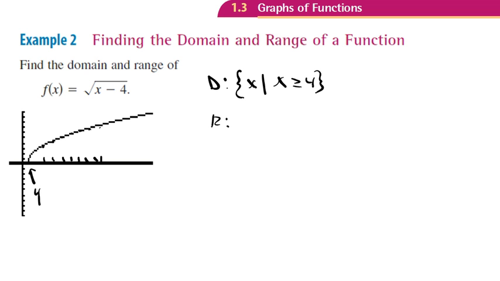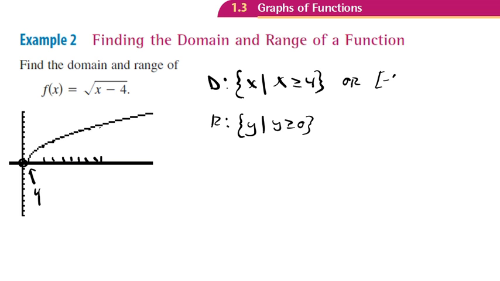And the range, check this out. What's the lowest y value that this goes to? The lowest y value is going to be 0 right here, and then it's just going to keep going up and up and up, because as this thing gets bigger and bigger going up, the range just keeps getting bigger. So it's going to be the set of all y values such that y is greater than or equal to 0. Okay, and again, you don't have to do both notations, but just to show, we could have done